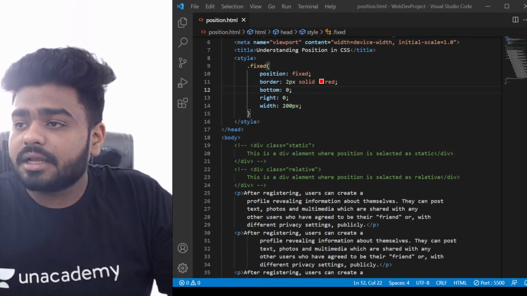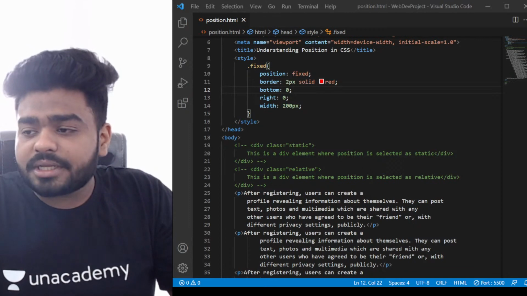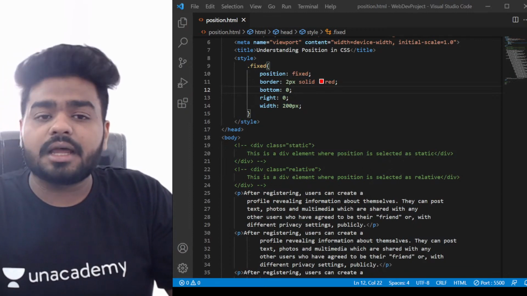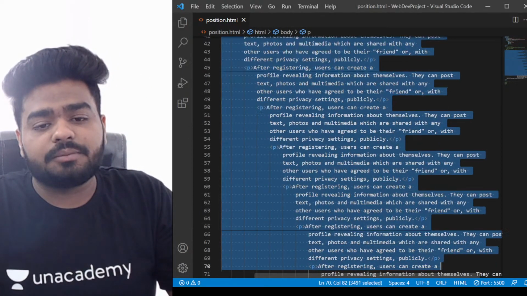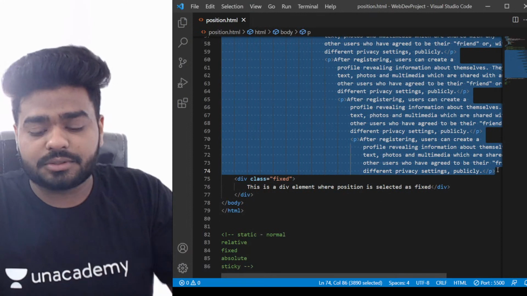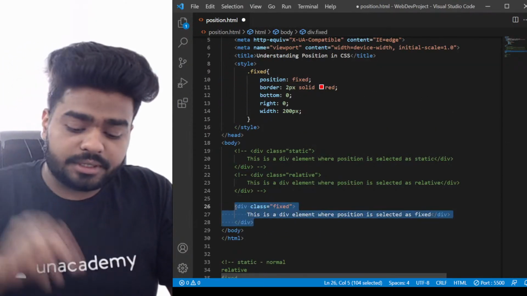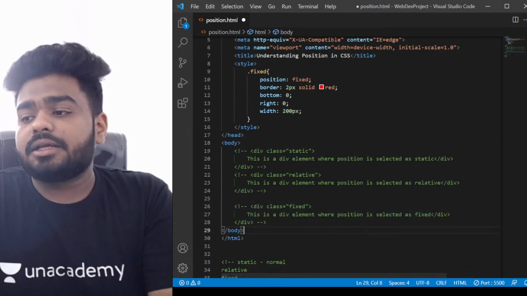Now the next thing we are going to understand is absolute. Absolute is a little bit tricky, but try to understand. I'll make it understood in an easy manner. Before that, let me remove this paragraph. This is looking so weird. So here I'm going to comment this. Now understand what absolute is. Absolute means that you can have